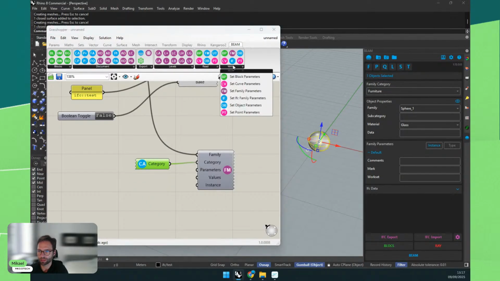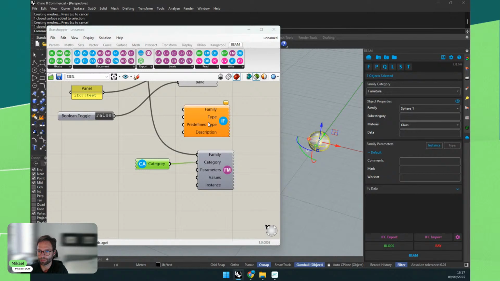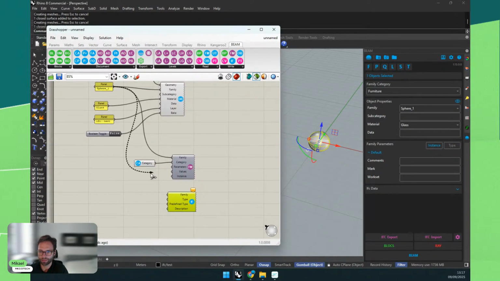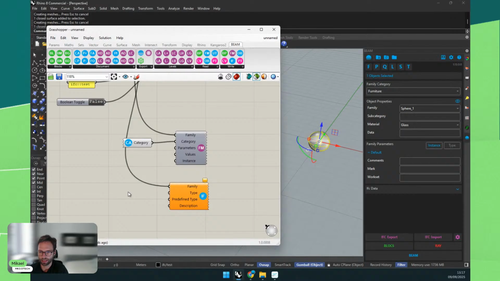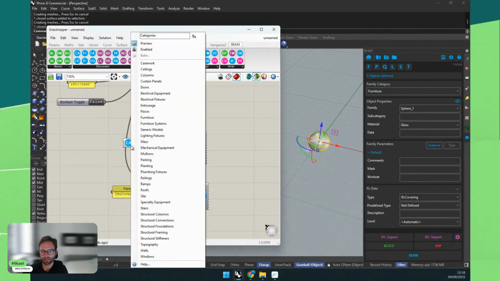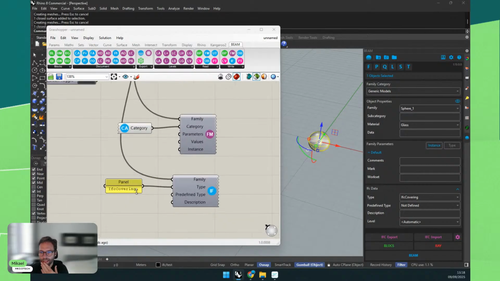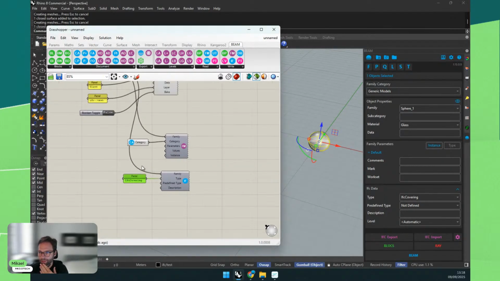But I also want to customize the IFC family parameters. So I plug the same family, and this type I will type the IFC covering. Now if you go here, IFC covering is set. So it's very fast to do that, and every time I change, things change in real time. So I can check the models. I will leave predefined type as it is.